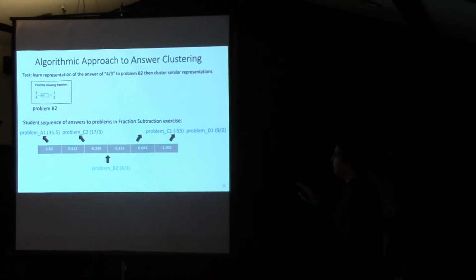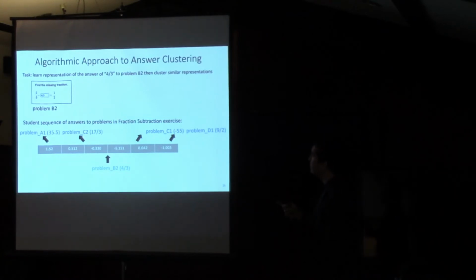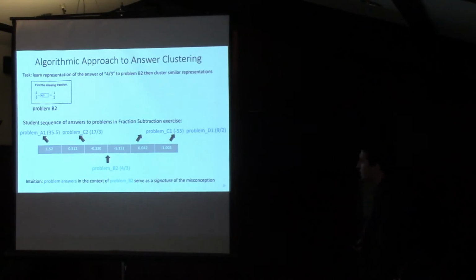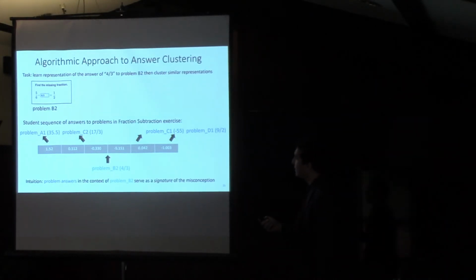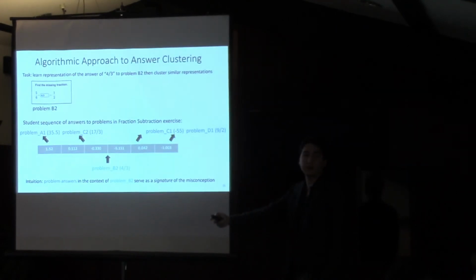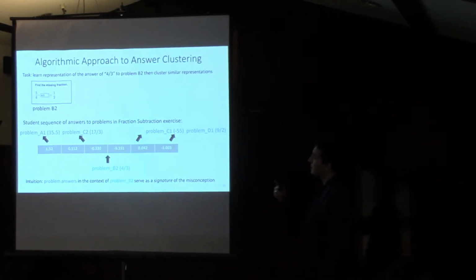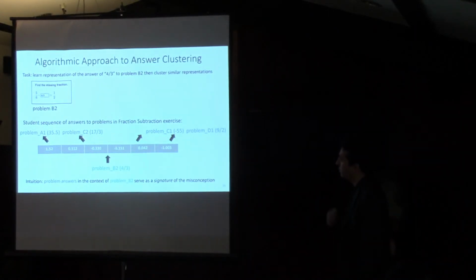So it's the same idea. We have the sentences of problem answers. We learn a problem answer's representation based on its context. And another intuition for this is that the problem's context is a signature for that misconception or wrong procedure. That something led up to that, perhaps, and something will follow as a result. Maybe the right answer will follow. Maybe it's a very ephemeral state that you're in and you rectify it immediately. But that context will provide a signature that will help recognize some category to that answer.